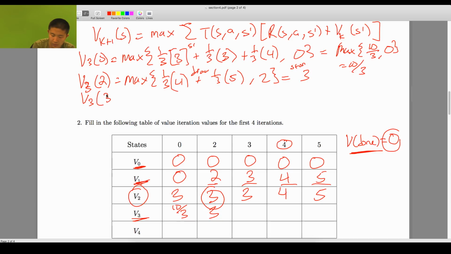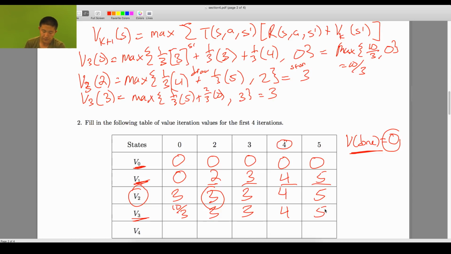And for the value function at 3, we have the max of 1/3 times 5 plus 2/3 times 0, and stopping with 3, which is equal to 3. And these are the same because if you choose to draw, then you will always get a value of 0. So it's always in the best interest to stop here. Now for the last iteration,